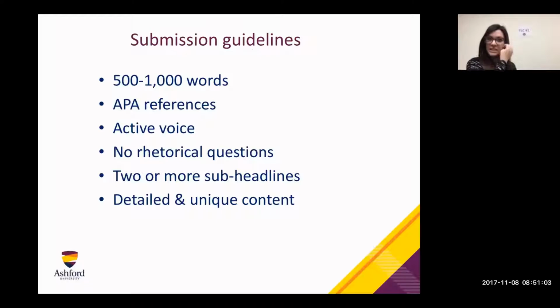And then this is the last slide I'll cover. Actually, there's one more. These are some submission guidelines. They're pretty general here and we're flexible on everything. I really work with you to get something to a place where you're really happy with it. Especially as a faculty, if you haven't written in a while or are uncomfortable with the blog format, we want to work with you to make it something that you're proud of and wanting to share and promote. Because again, that's just how we all get better.